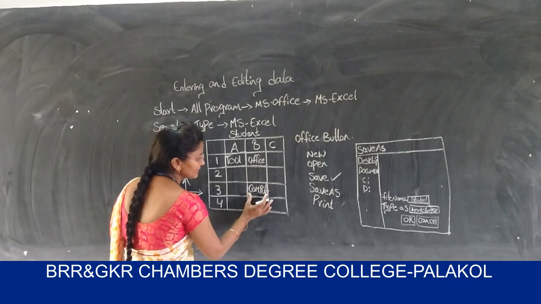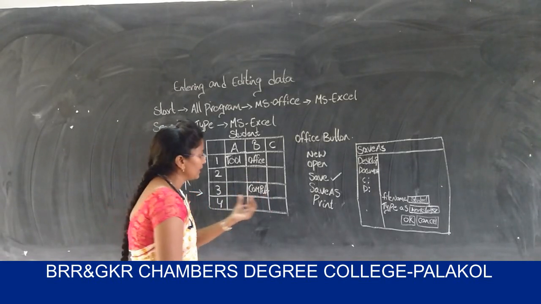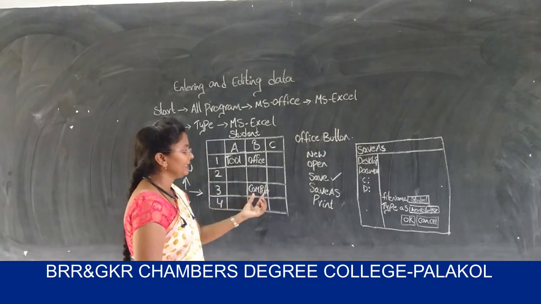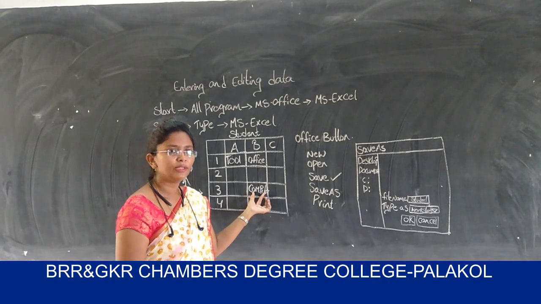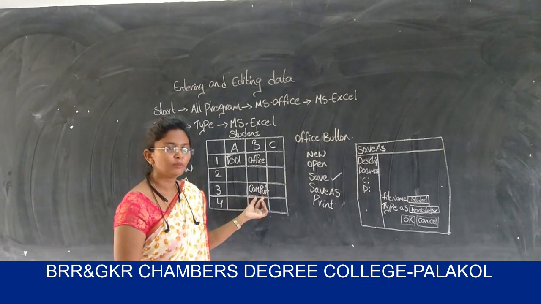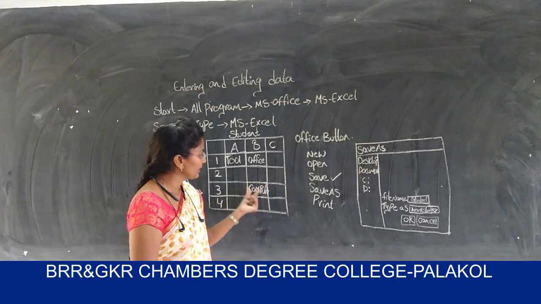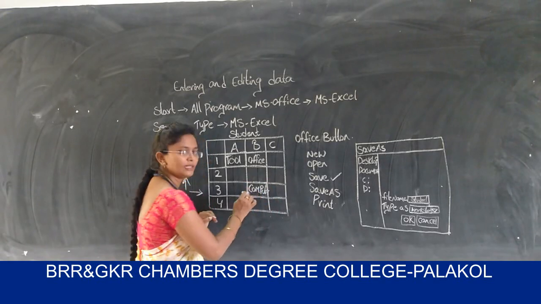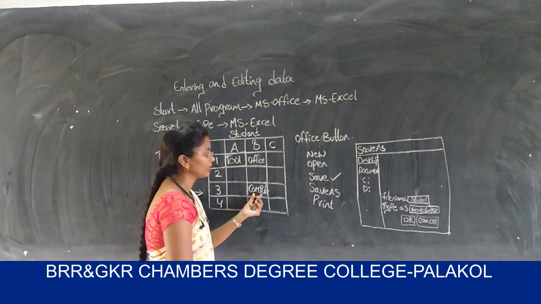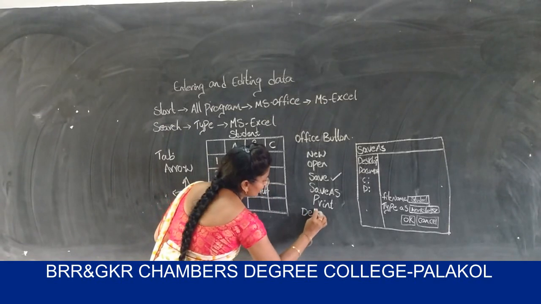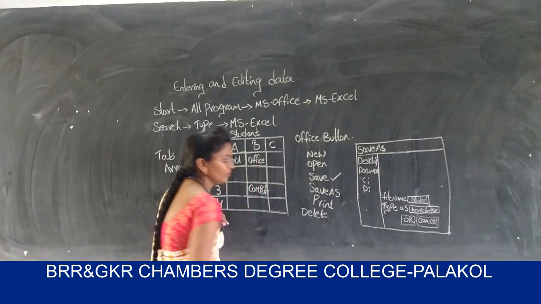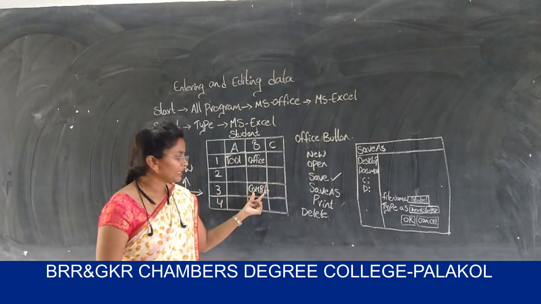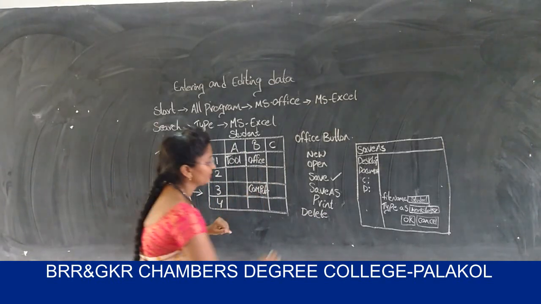If I want to delete this cell, I click on this cell, which means this cell is activated. I can delete directly from my keyboard, or there is a step by step way. The direct way: click on this cell, place the mouse pointer here, and the cell is selected. After the cell is selected, find the Delete key on your keyboard. Click on this Delete key, then the data will be deleted. This is the first way.